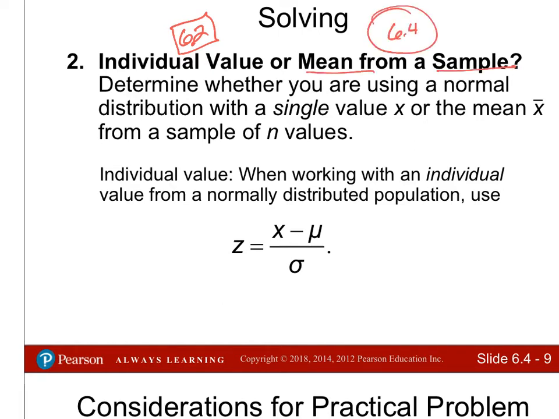So the reason we make a distinction here that you've got to identify at the beginning is because you use almost the same approaches. All right? Which is good because you've already learned this, but you got to figure out which approach you use. The only thing that will be different is the z-score. This z-score right here is for individual values. You can see that. All right? Just like we used. That's 6.2. All right? Now,